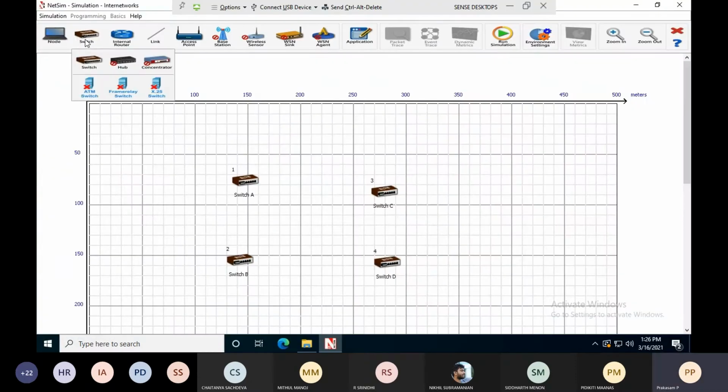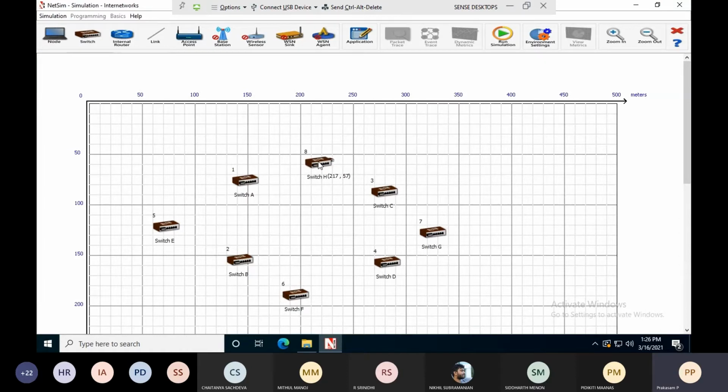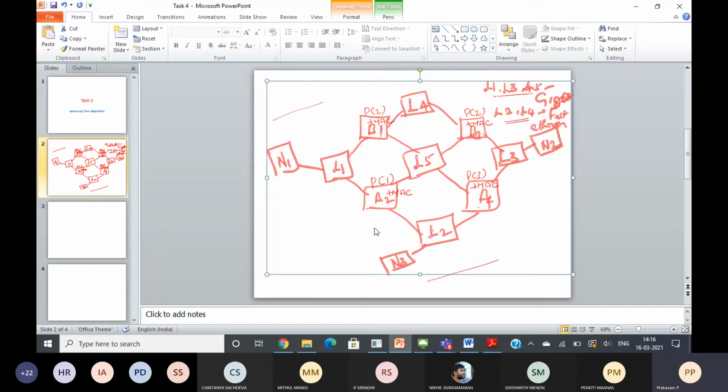So I am going to insert 5 switches. This is L1, L2, L3, L4, then L5. Now, as per the given diagram, I am going to connect them.